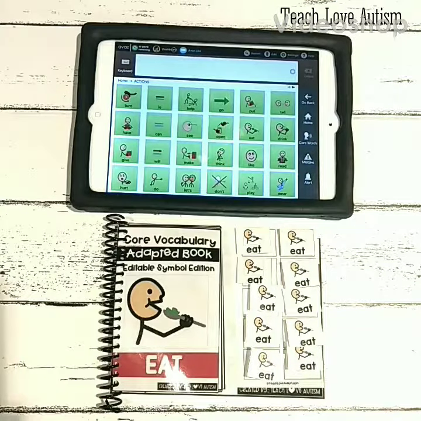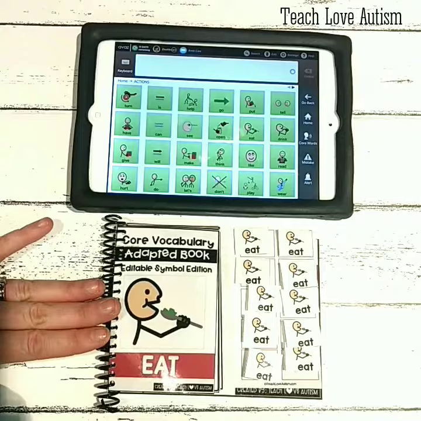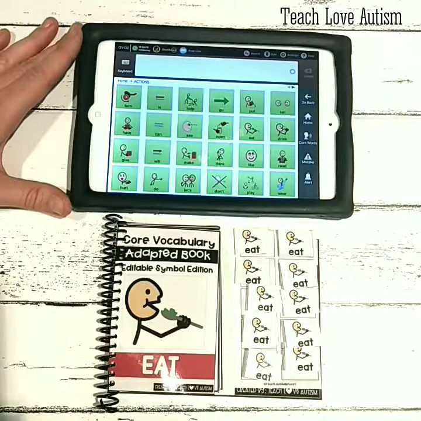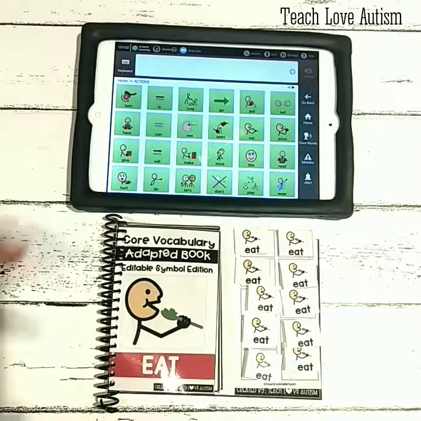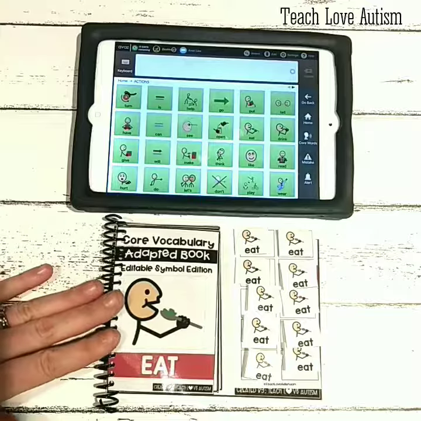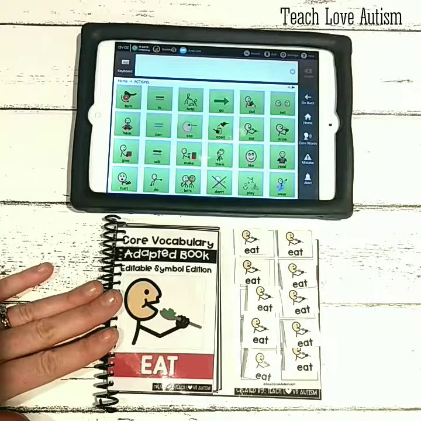Hey guys, so I wanted to give you a demo of how I like to use my core vocabulary adapted books in the classroom with students who have AAC devices. So a lot of times when we're in the classroom, we're wondering how can we get students to reinforce those skills? And one great way to do that is by using an adapted book,